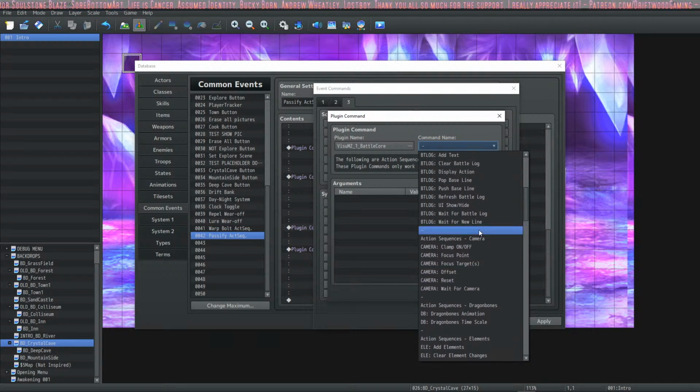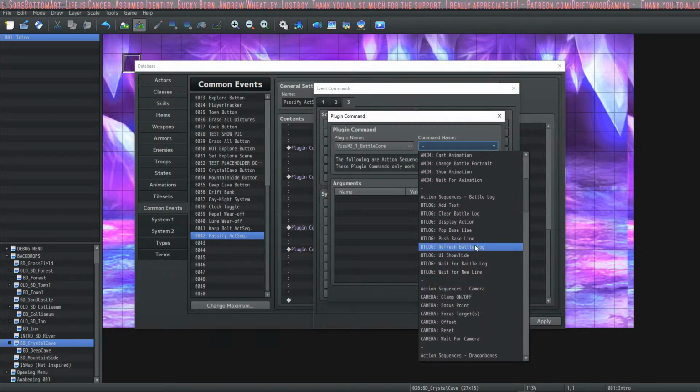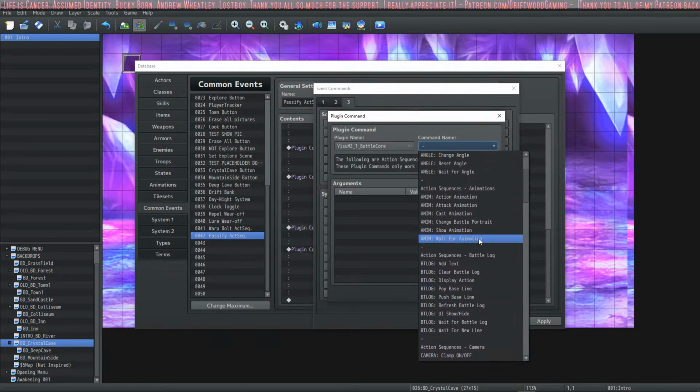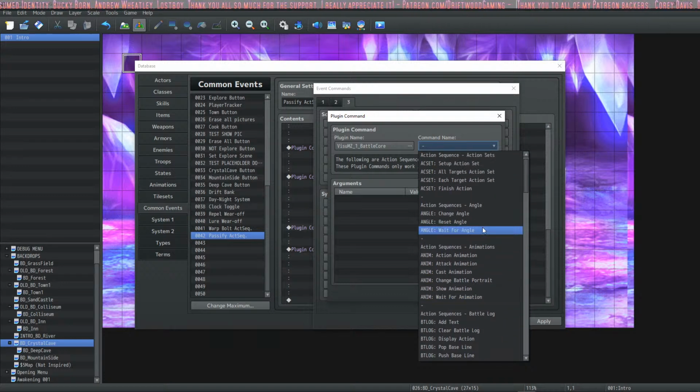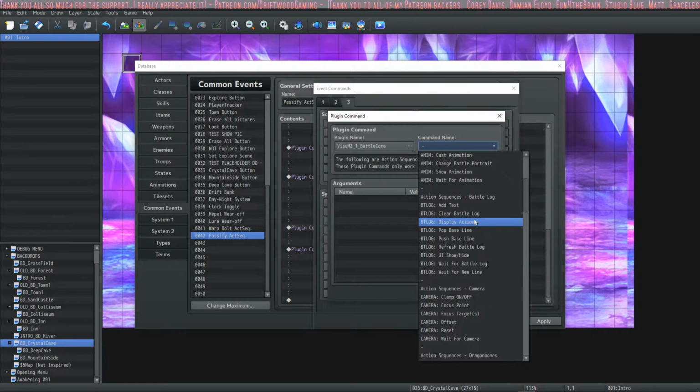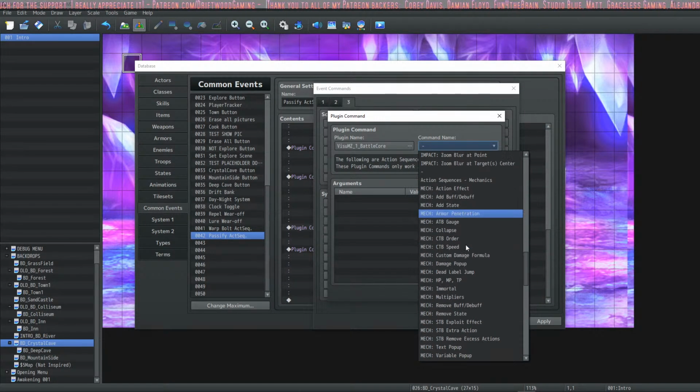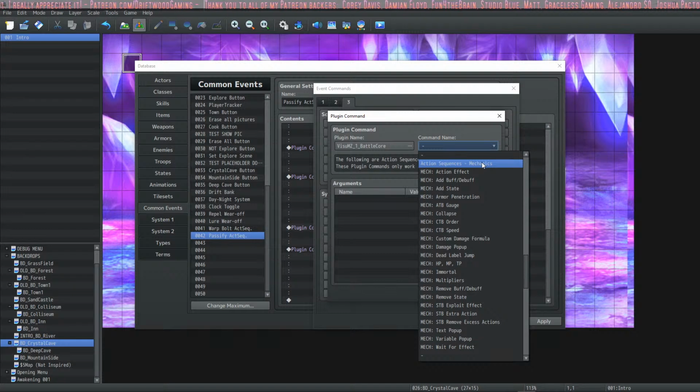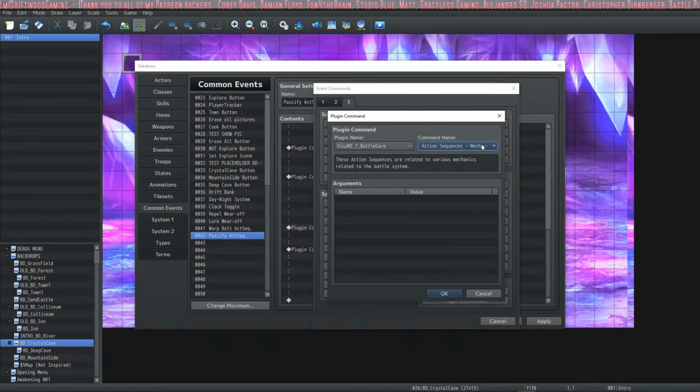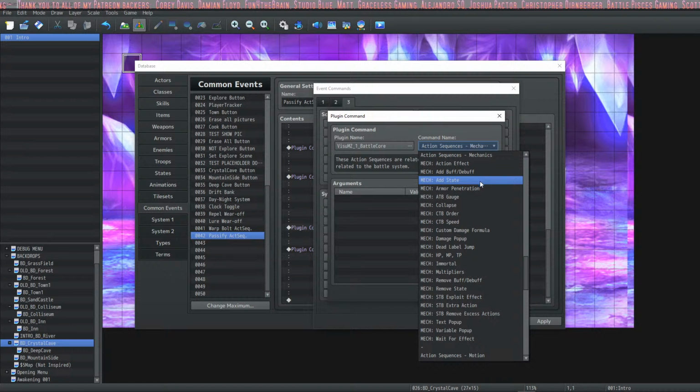I can type it in. I would believe it'd be a mechanic. Here's the mechanics: action effects, state, and so on. Am I missing it somewhere?